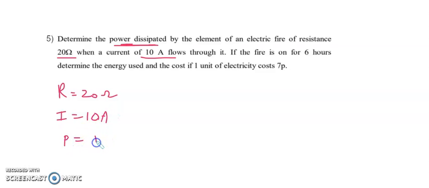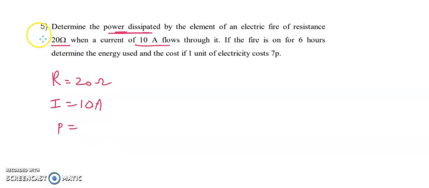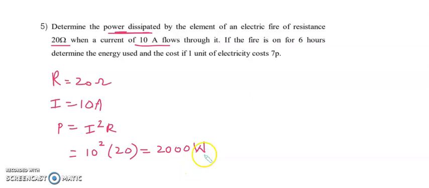So power, the formula V²/R or VI is my formula, right? Sorry, I've jumped to the fifth question. I'll solve the fifth first and then I'll go back to the fourth. I stumbled upon the formula for power. Power is I²R. I realized that I'm doing the fifth question, so my mistake. So I is how much? 10 squared and R is 20. So can I say it is 2000? It's watt.